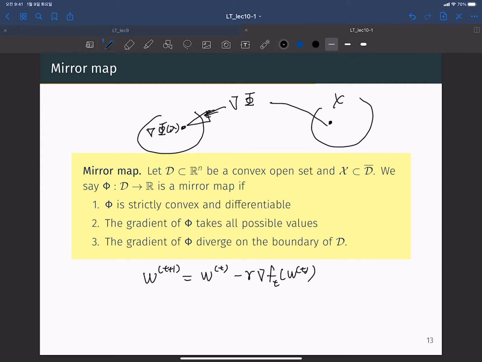This was gradient descent, and this basically updates the parameter in the parameter space, which directly moves the parameter vector or hypothesis vector w in the hypothesis space. But with the mirror map, we first map the point using the mirror map and move